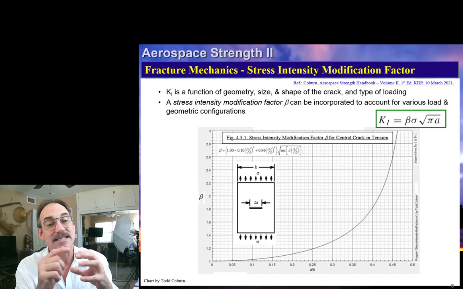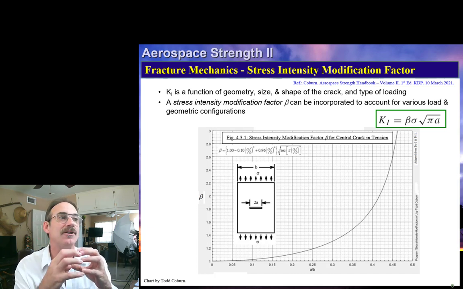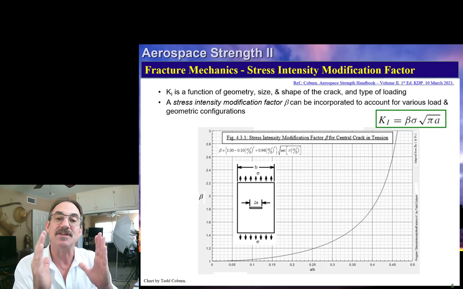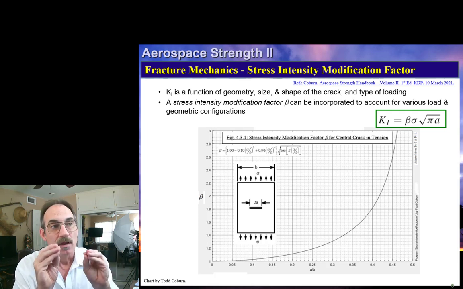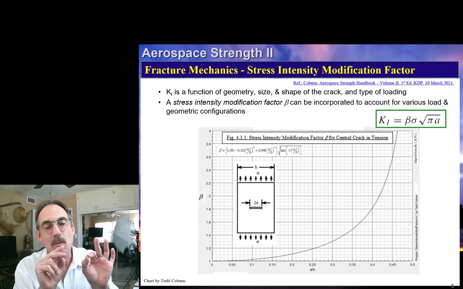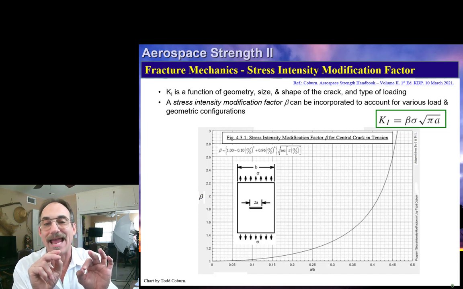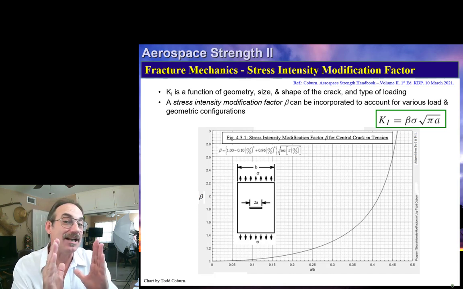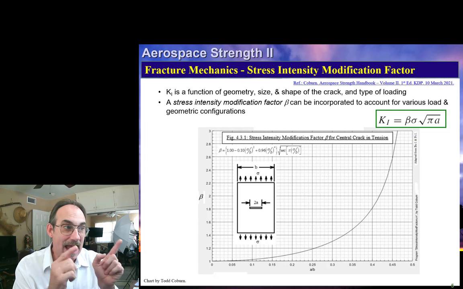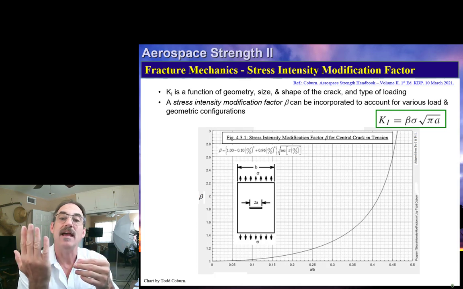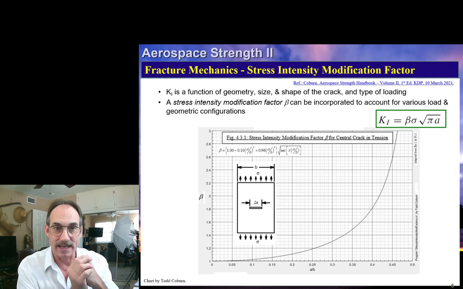We're going to use beta as a parameter. We're going to call it the stress intensity modification factor. That beta is going to accommodate the idea that this is a central crack. So we're going to use this other form, K1 equals beta times max stress times the square root of pi A. Now if we have a central crack, as we see here, we have a part of a certain width and a certain thickness with a uniform axial